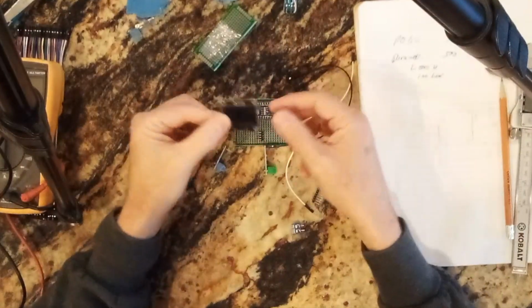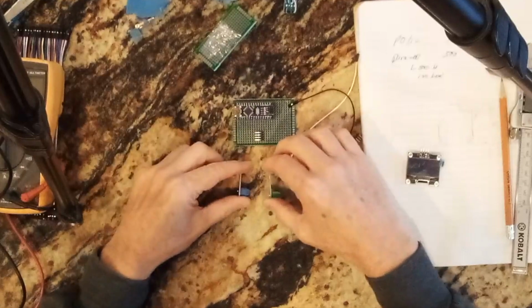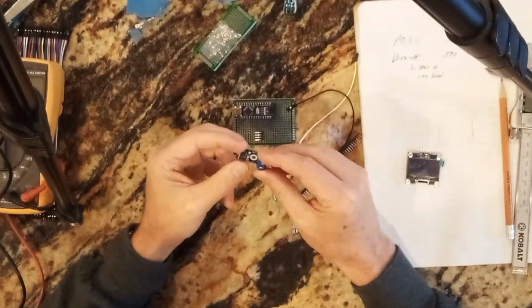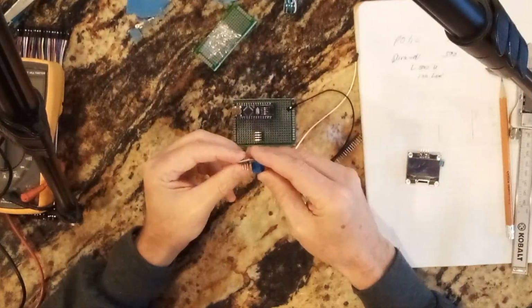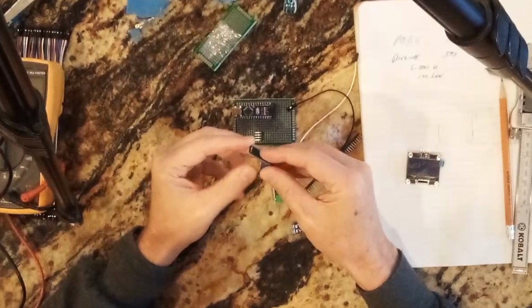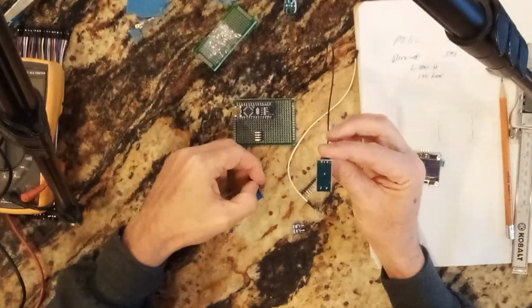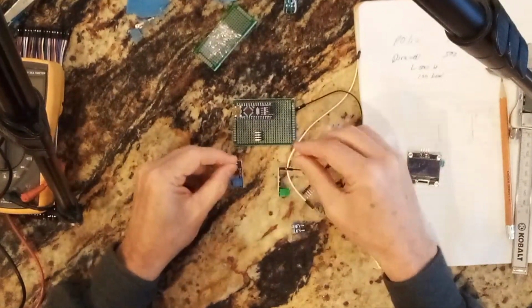So basically I have 4 components. I've got the display, 2 of these boards, and the Arduino. The problem is that these already have their headers on, and desoldering it, I guess I could do that, but it's kind of a pain. This one has a mounting hole, but this one does not. And so what I think I'll do